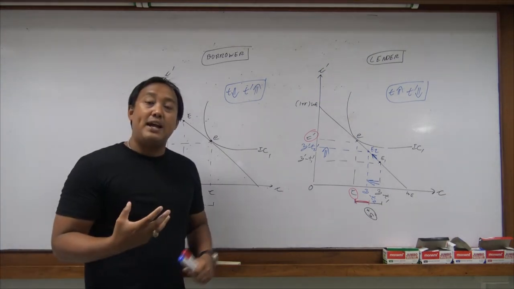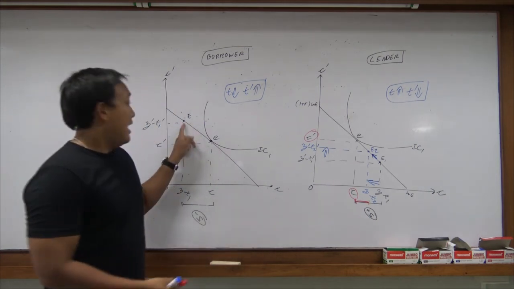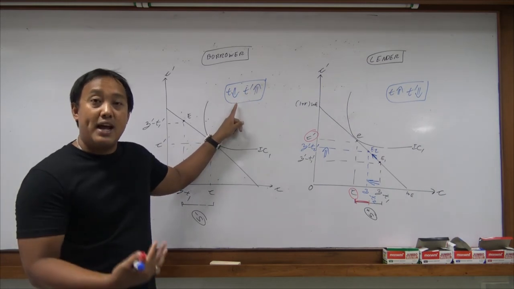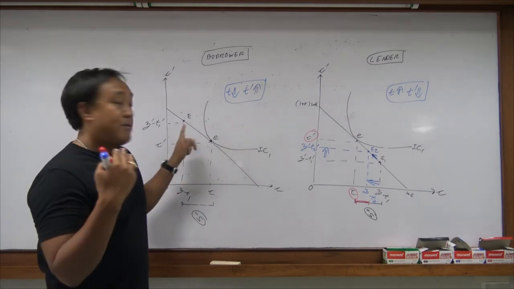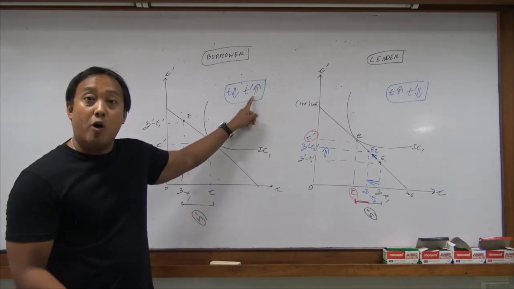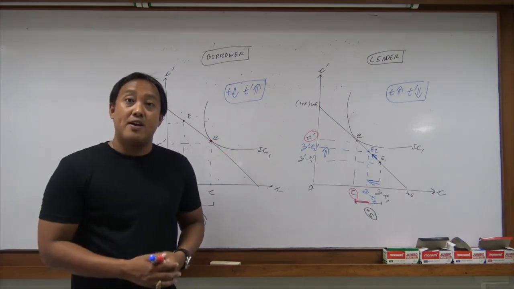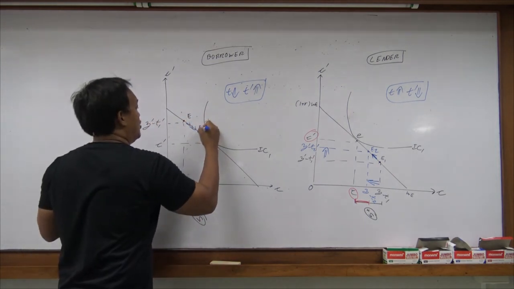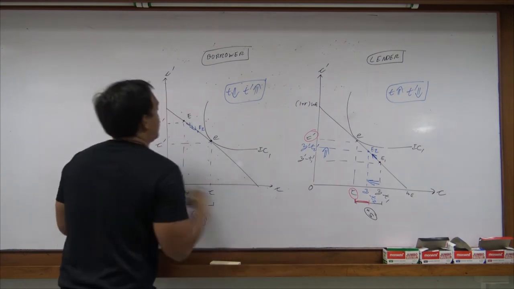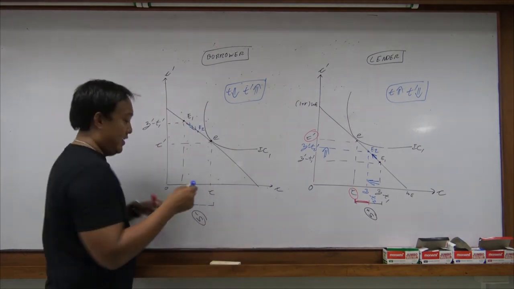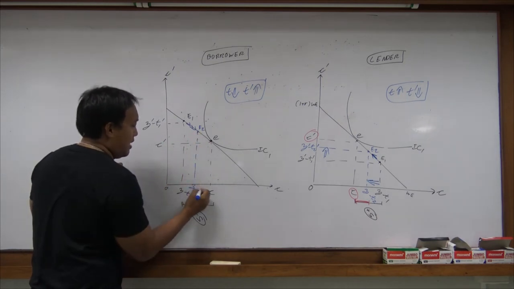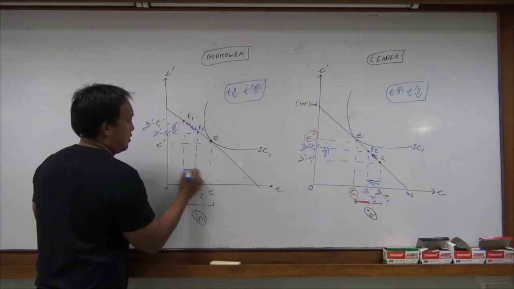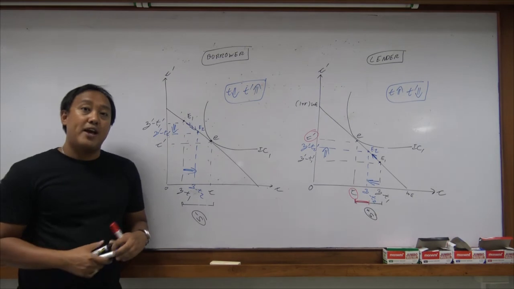If they tax us less today, it means that today we're going to have more money. The endowment point moves to the right. If they tax us more tomorrow, it means that tomorrow we're going to have less money left. So the endowment point in this case is going to move down here, E2. So you can see here, this is Y minus T2, Y prime minus T2 prime, going down, going to the right.